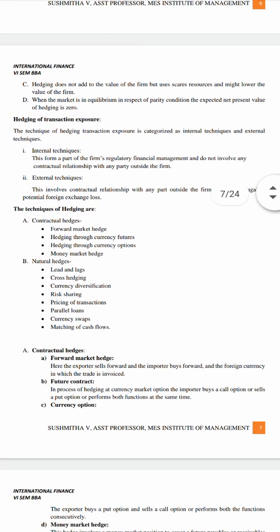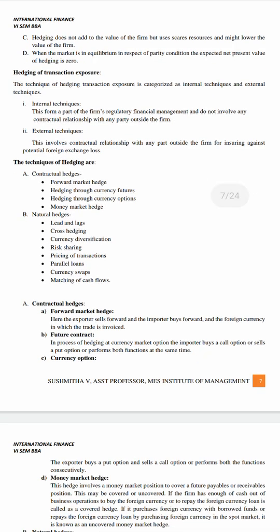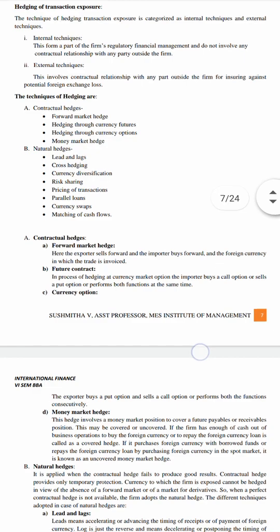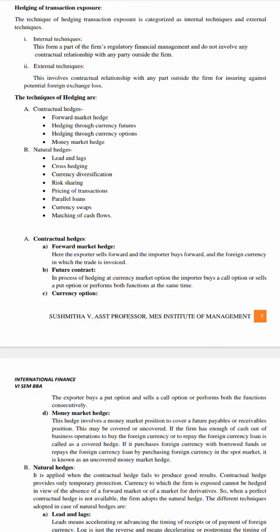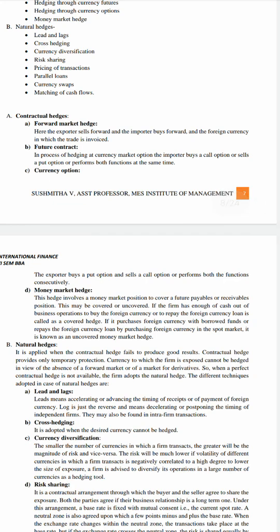Next, hedging of transaction exposure. Again, when we go for hedging of transaction exposure, we can have the same methods: internal technique, external technique. The techniques of hedging are contractual hedges and natural hedges. I've already explained what natural hedge and contractual hedge are. Now I'm going to explain